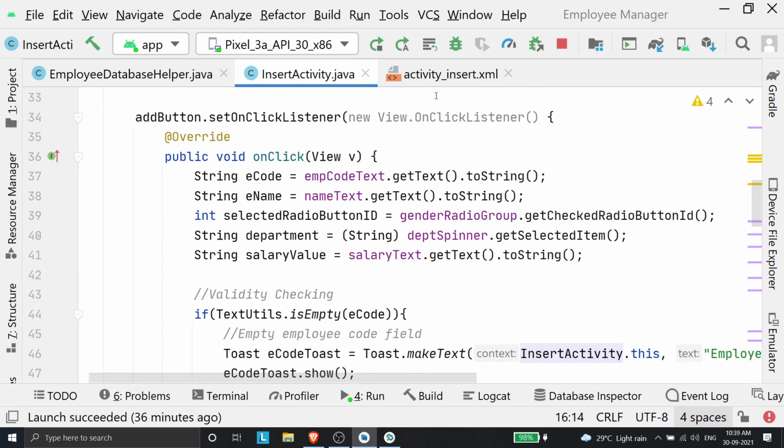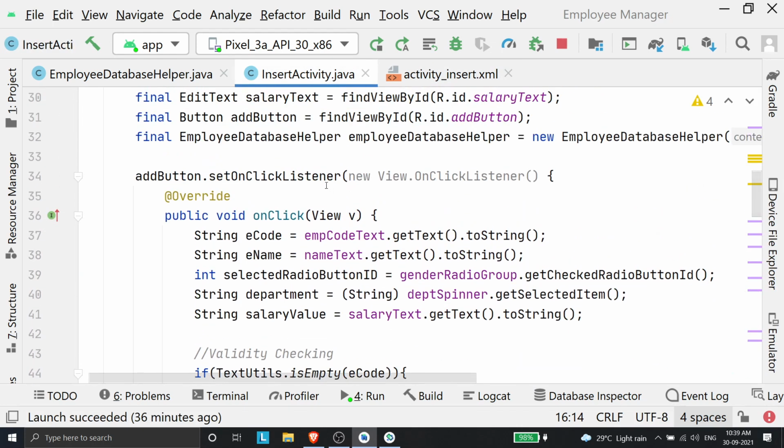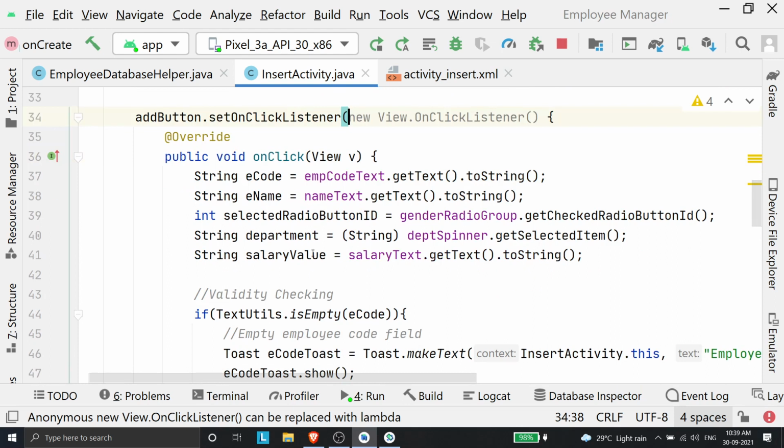So now when the user clicks this button, the record needs to be added, right? So I need to do add button.setOnClickListener, and similarly these things will be auto built. New View.OnClickListener will be auto built. If you just hover over it, the auto override public void onClick will be there by default. You just need to type inside it, and